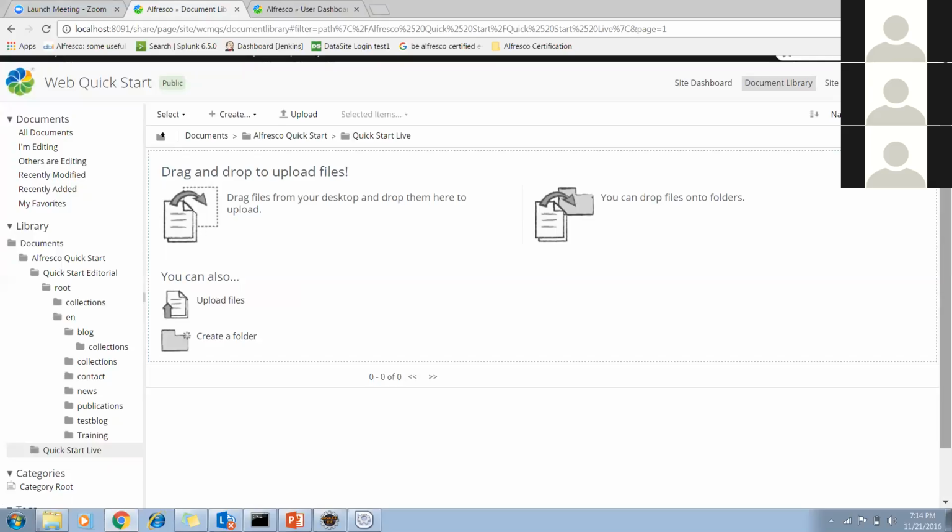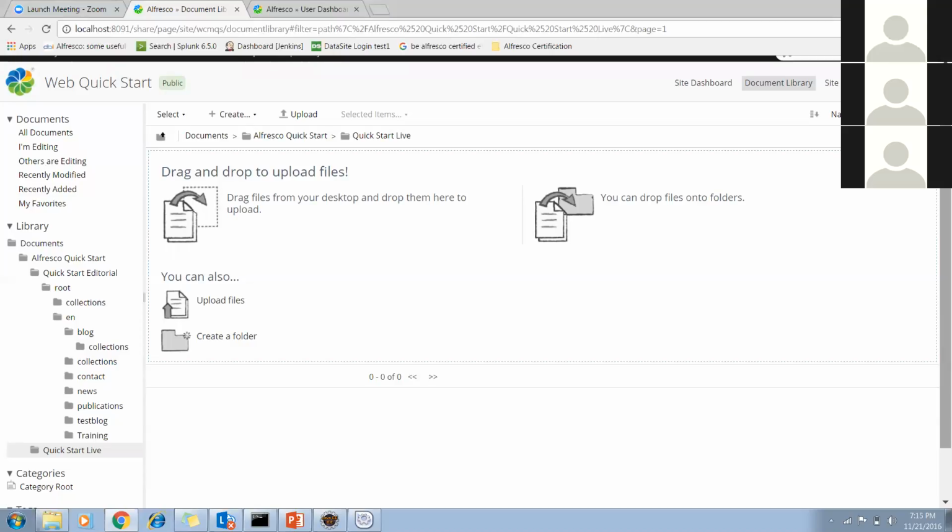So what I will do, I will just give you the heads up of how the templates are working inside. If you don't understand anything, don't worry about that, because I will take each and every topic. So for customizing this template, you need to create the page. In the page, you need to add the template. In the template, you need to add certain components. What component should be displayed where? Maybe you want to add some logic and display data from the repository, so you may require to call the web scripts.